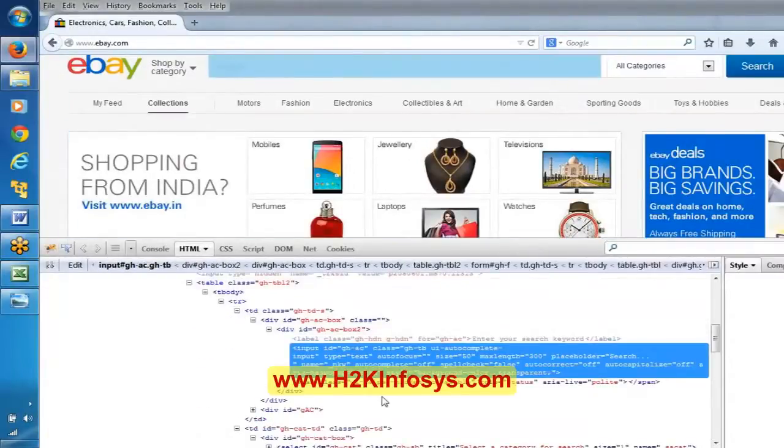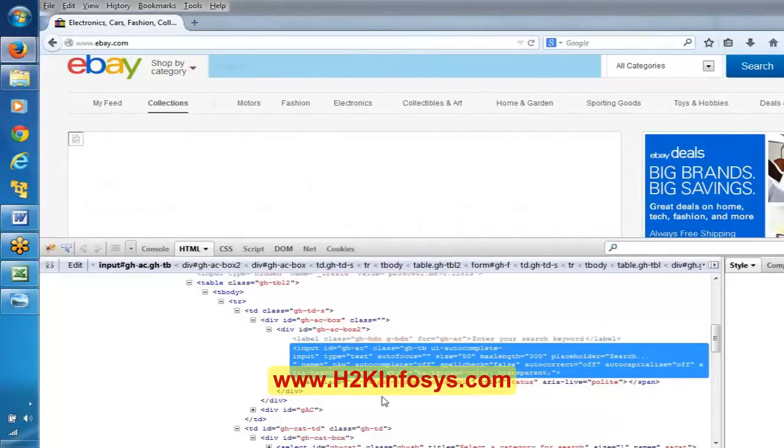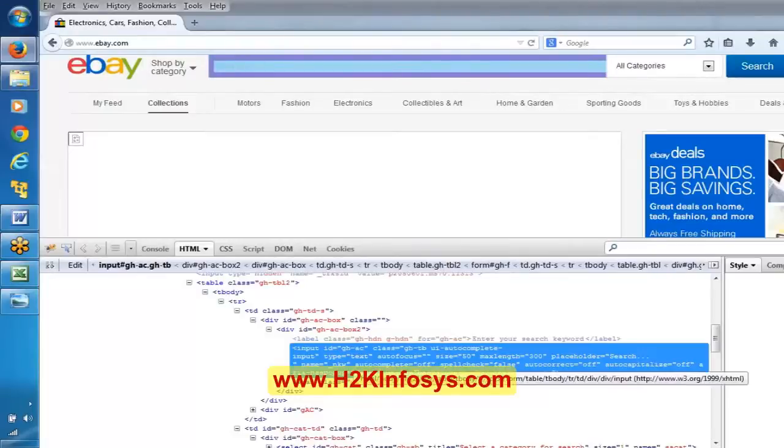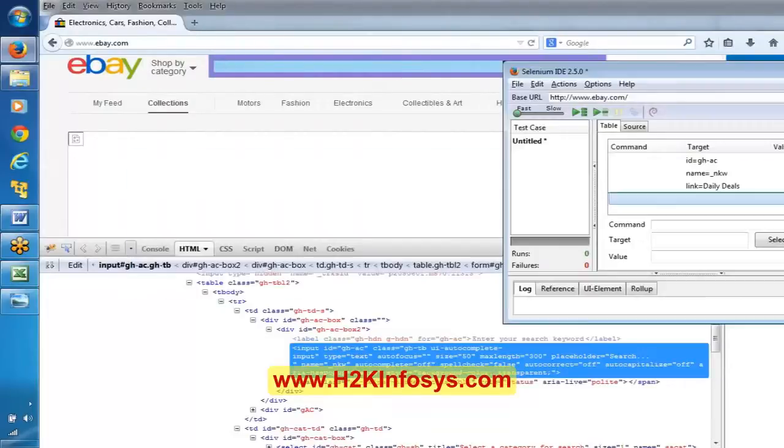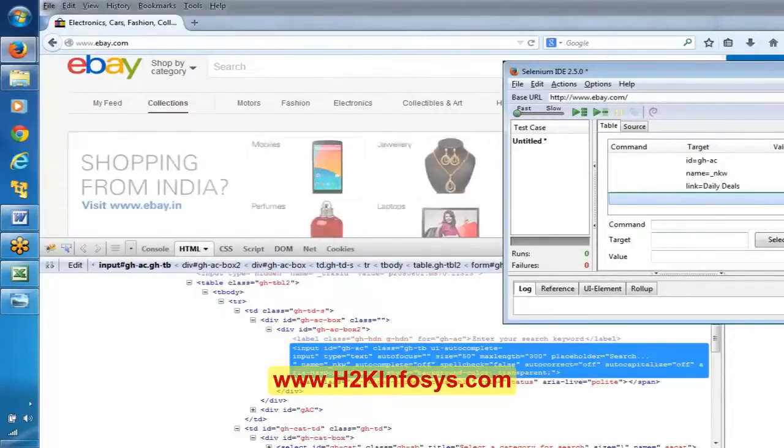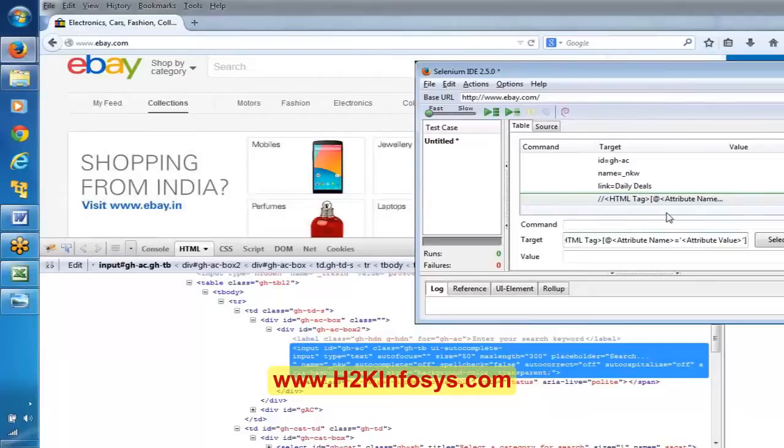Okay, just to make you understand, I'm using this. Basically, we don't require to build using XPath in this case, because we already have ID and we already have name. But however, just to understand, now see here. If you observe, I have copied and pasted this formula.